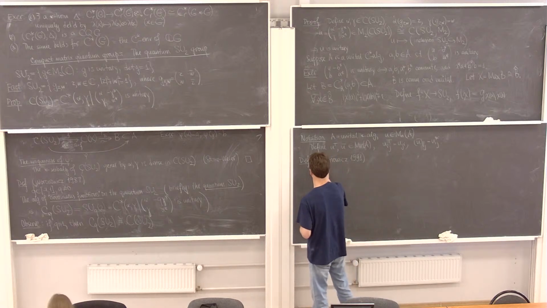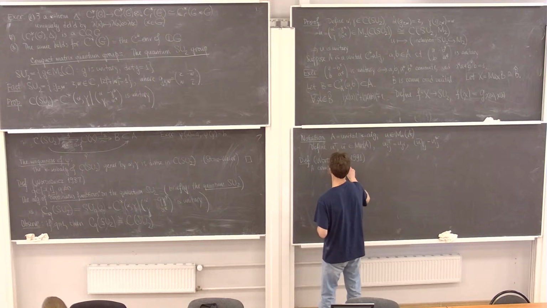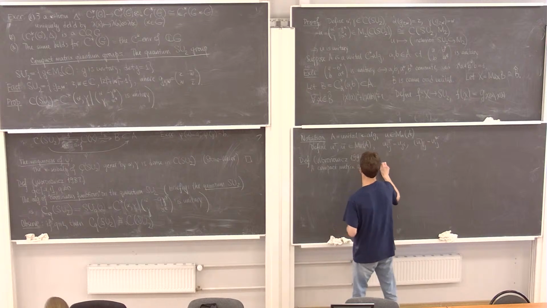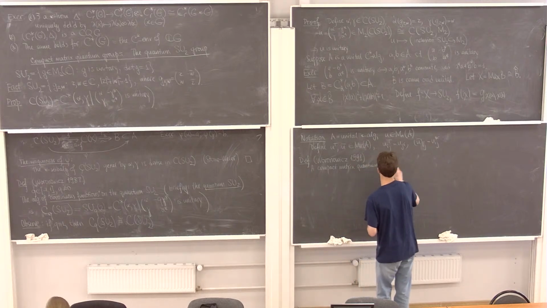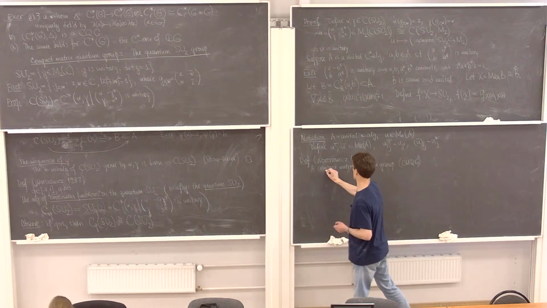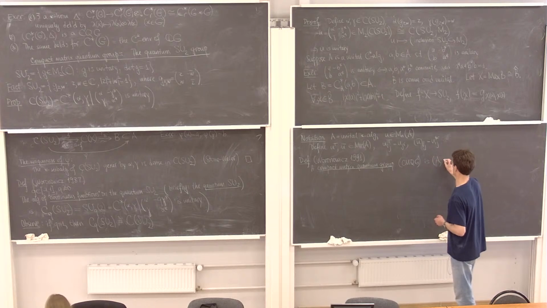A compact matrix quantum group, and we will use the following abbreviation, is a triple A, delta, U,